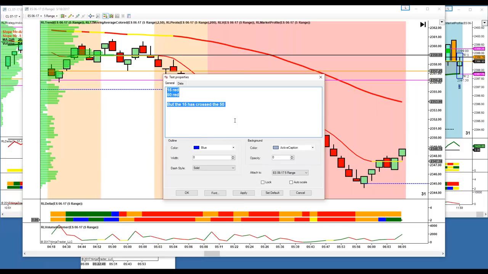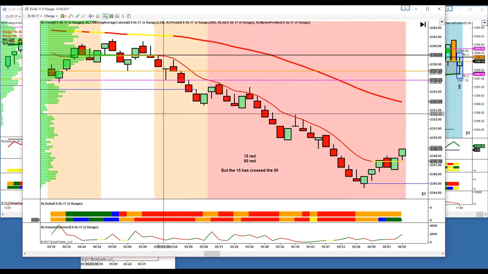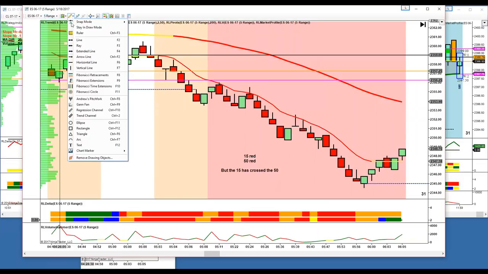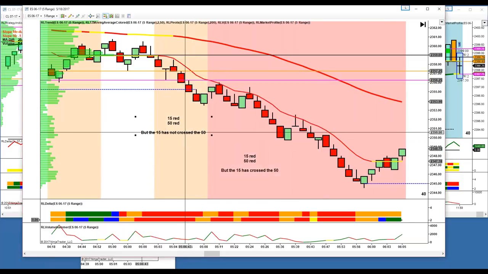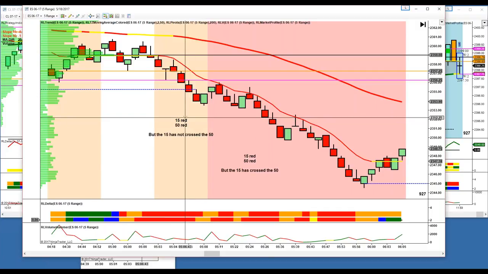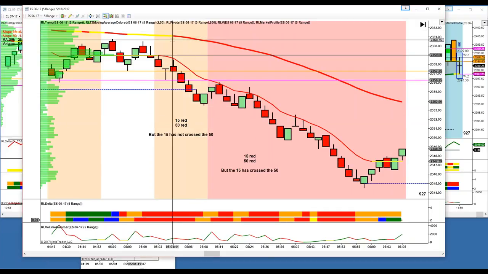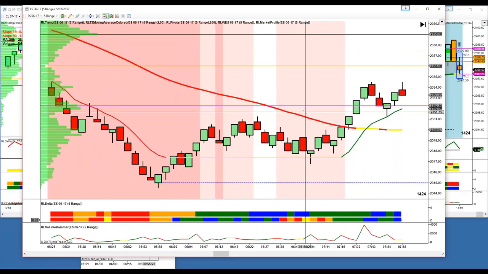down color, and here's the same analogy. Here is where the 15 is red and the 50 is red, but the 15 has not crossed the 50 to the downside. So this is trading short with a little bit more risk because the 15, although it's heading down, hasn't crossed the 50 to the downside. And then our light pink right here